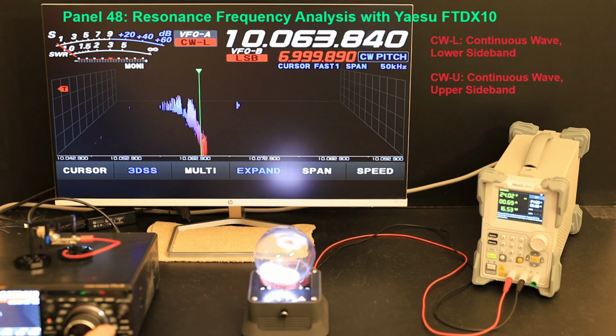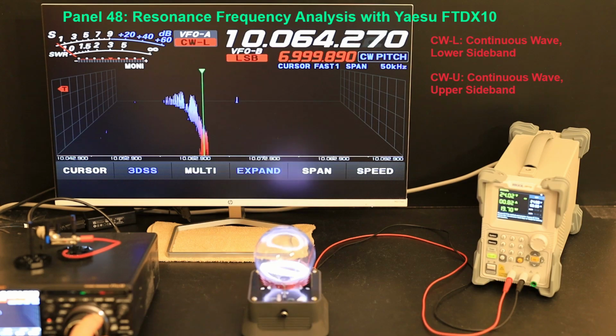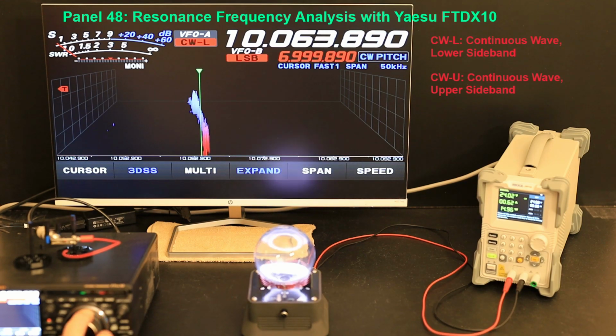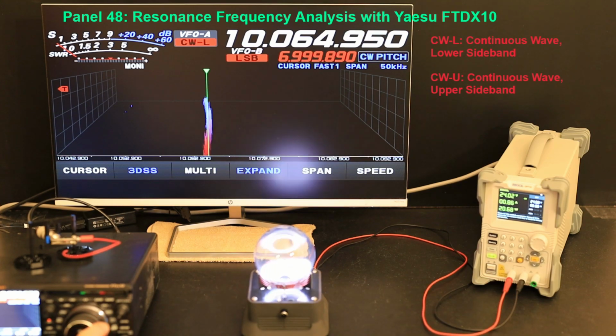The 3D spectrum display visualizes frequency along the x-axis, signal strength along the y-axis, and time evolution along the z-axis. The z-axis provides a real-time history of signals, showing activity up to 1 second earlier, even when the ModeRock oscillator